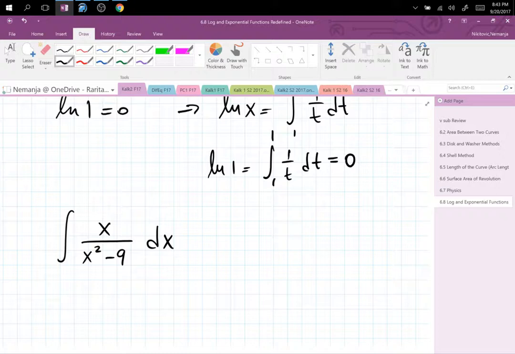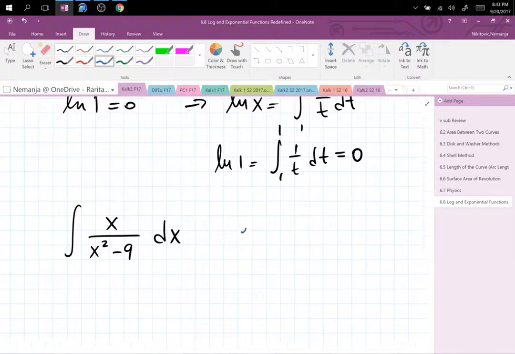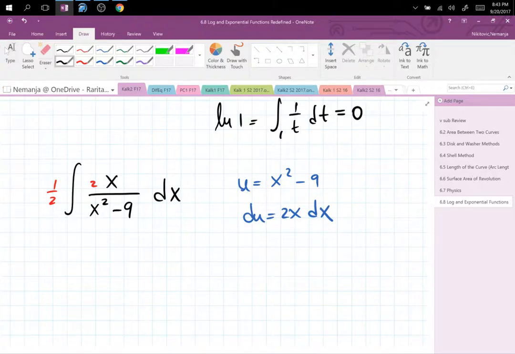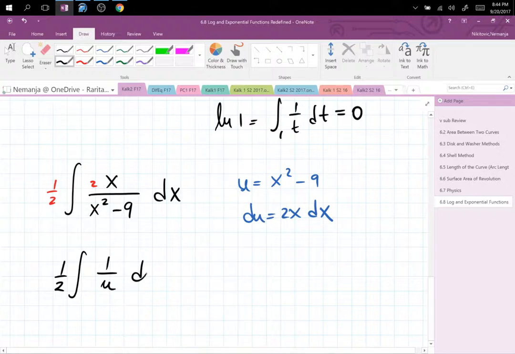So in this situation, at this point we only know u sub, right? So that would be a natural thing to do. u equals x squared minus 9, du equals 2x dx. Note that you already have x dx, you are missing a 2. So 1/2 will be added to the integral, and the entire integral changes into 1/2 times the integral of 1 over u du, which is 1/2 ln absolute value of